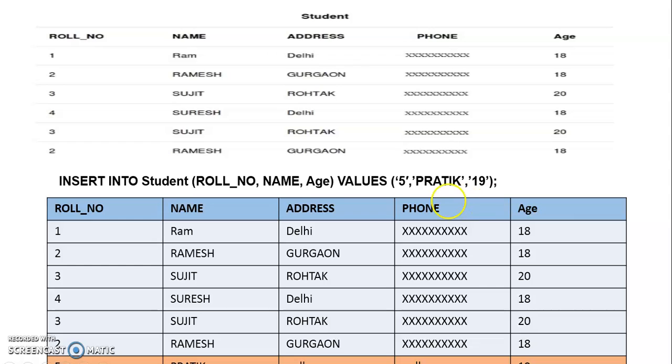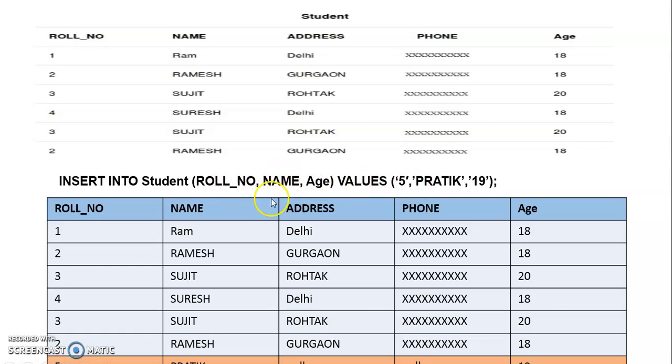Next, this is an example where we are inserting the record by specifying both columns and values. Here is our student table. Now the command is INSERT INTO student. Here we have specified only roll number, name and age.